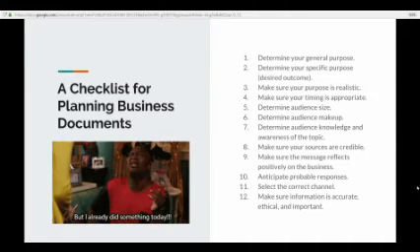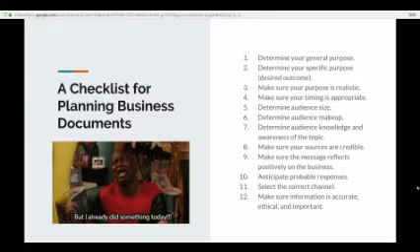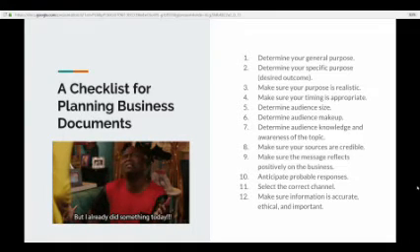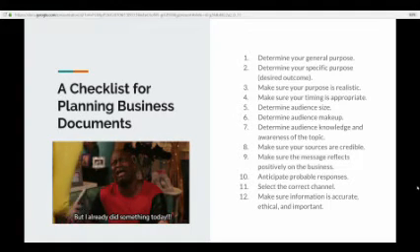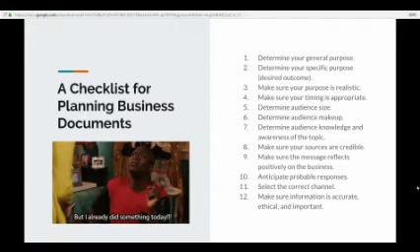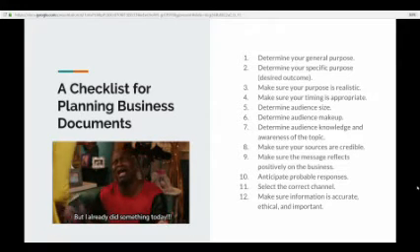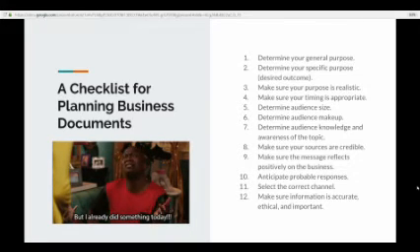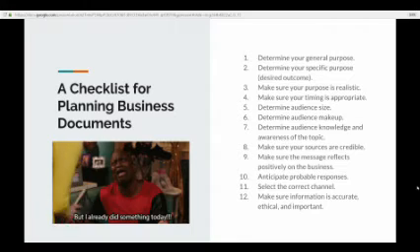So finally, a checklist. Just in general, as you plan this document, this SWOT analysis, determine your purpose. General means whether you're entertaining, informing, or persuading. And then you have a specific purpose, which is your desired outcome. Make sure that purpose is realistic. Make sure you've got your timing right, that you're not taking up too much time from your audience.